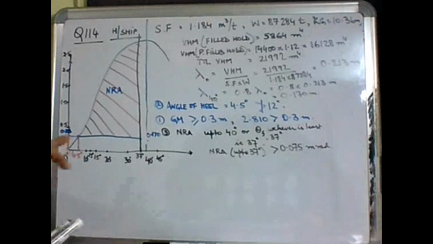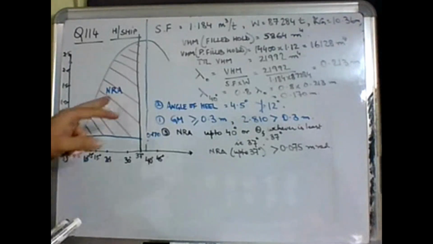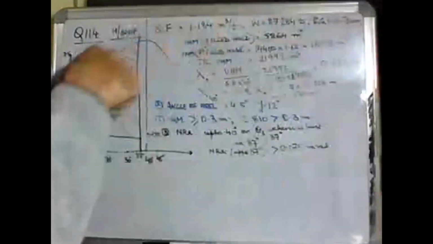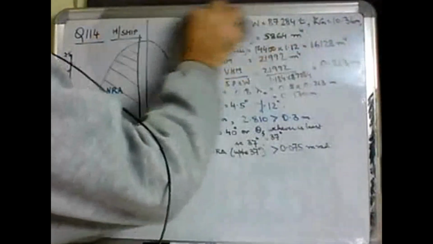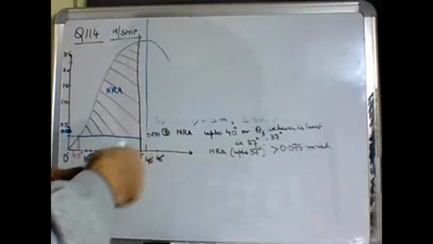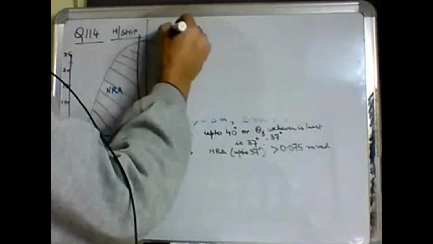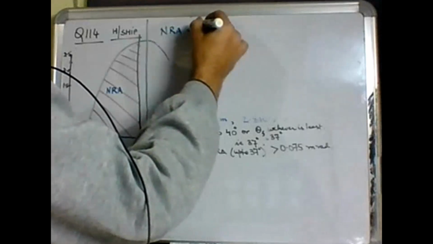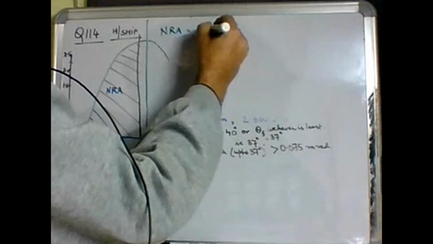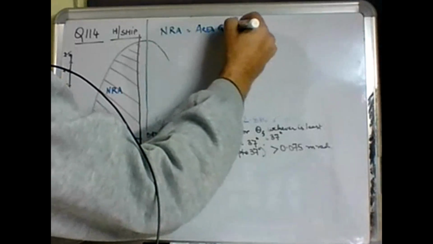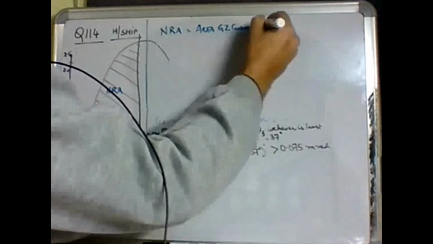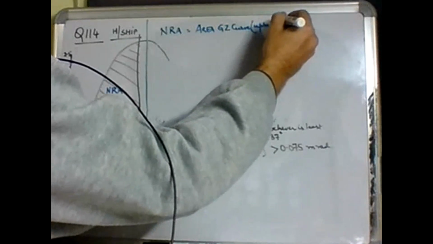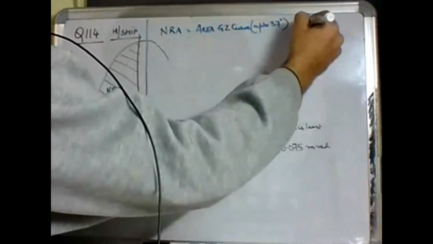मुझे जीरो, so basically NRA will be equal to the total area under the GZ curve up to 37 degrees minus